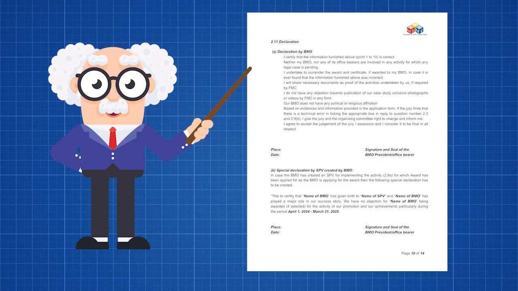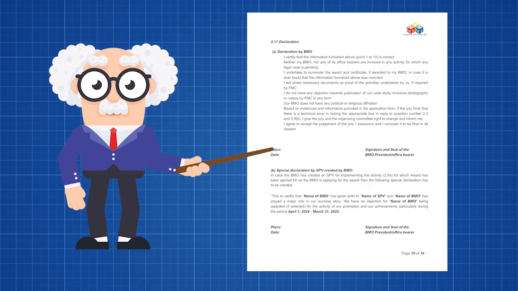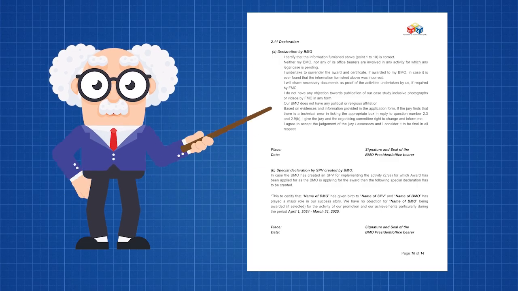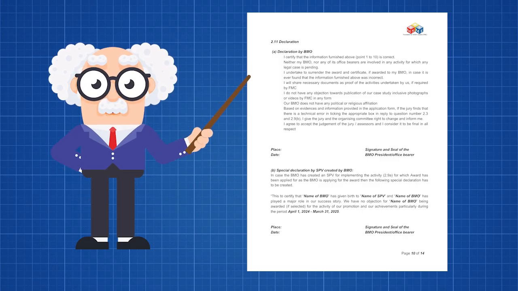They cover confirming the accuracy of your information, confirming there's no pending legal case against the BMO or its office bearers, agreeing to surrender the award if information is later found incorrect, agreeing to share supporting documents if asked, giving permission for FMC to publish your case study including photos or videos, confirming no political or religious affiliation, allowing the jury to correct technical errors in ticking boxes for questions 2.3 and 2.9b,